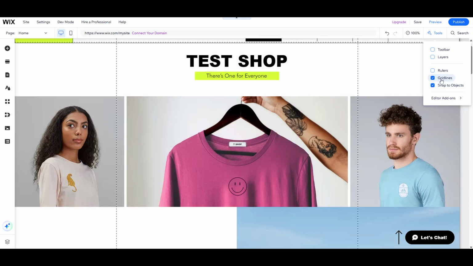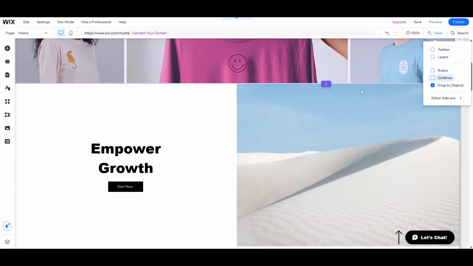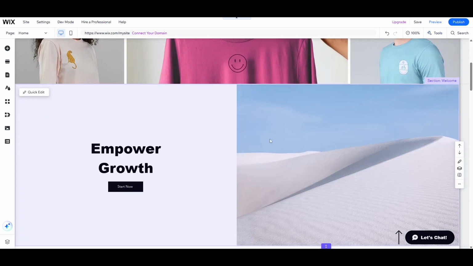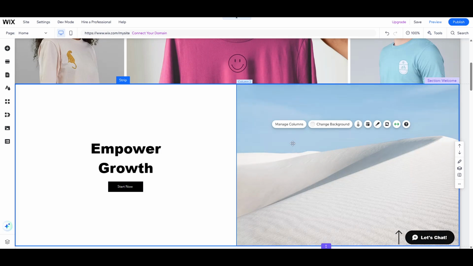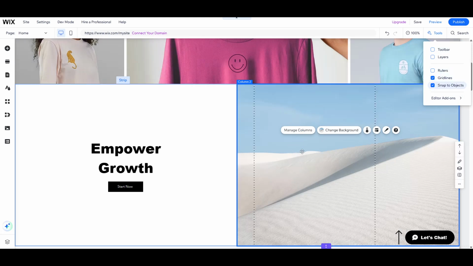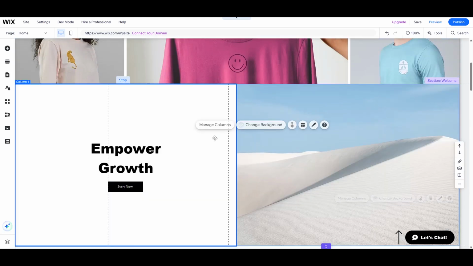and design your page. Now let's talk about the interplay between grid lines and columns. Within the editor, columns come with their own set of grid lines that are distinct from the general editor grid lines. These column grid lines are crucial when you're dealing with more complex layouts that involve multiple columns. Just like the editor's grid lines, the columns grid lines help make sure your content is displayed correctly across various